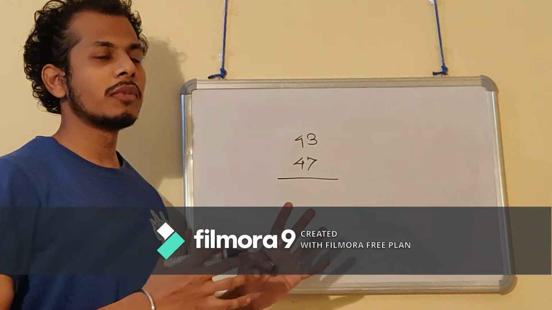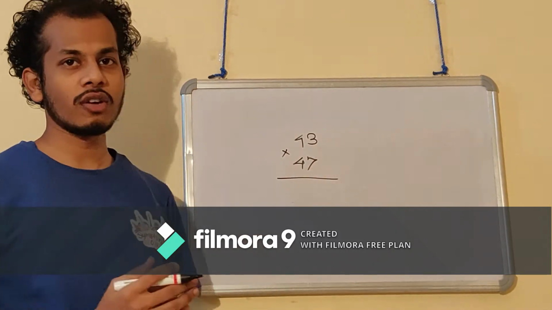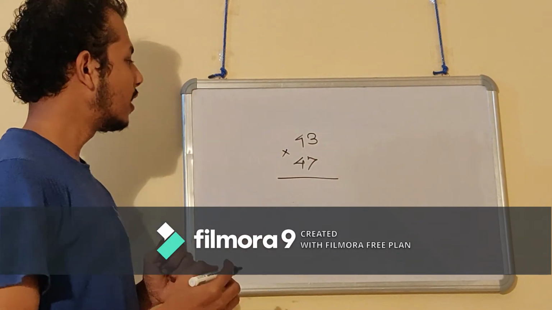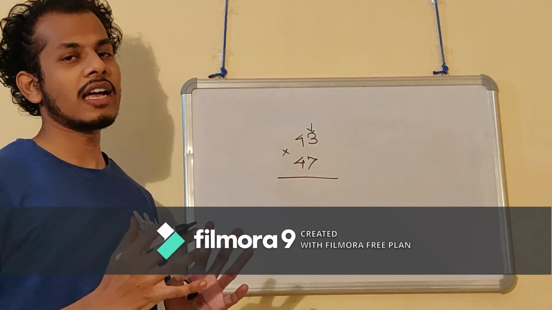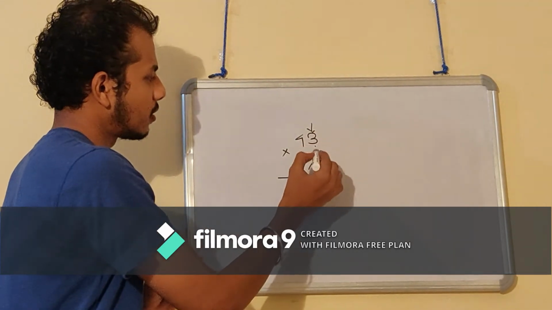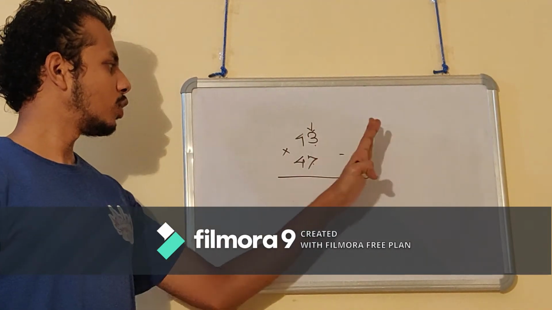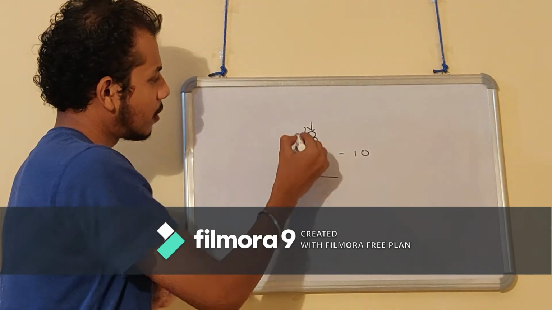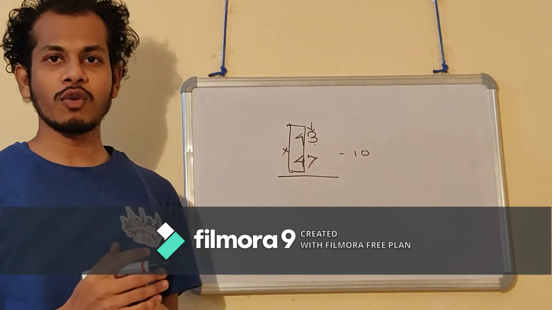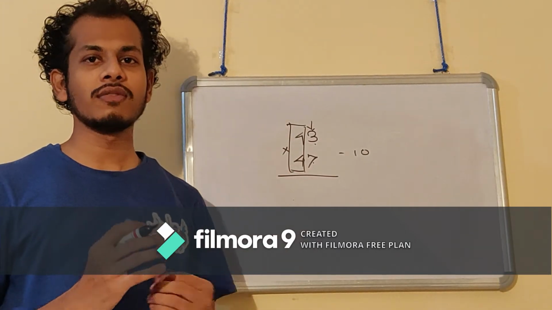I have written two numbers here, 43 and 47, and I have to perform a multiplication of them. What is the condition? The condition is that the sum of the unit digits has to be 10. So 3 plus 7 becomes 10. And the remaining part except the unit digit places has to be the same. Here you can see this remains the same, 4 and 4. So this is the exact number pair which follows the condition we are talking about.